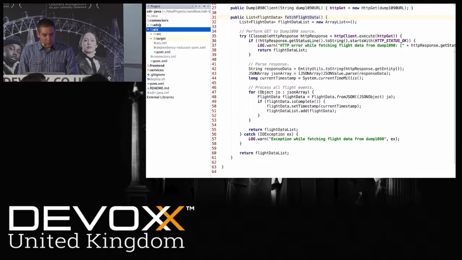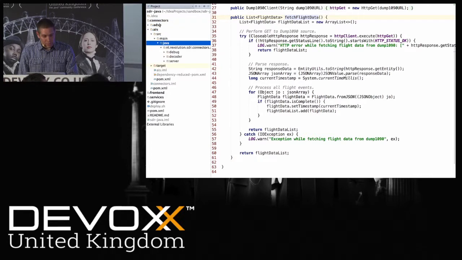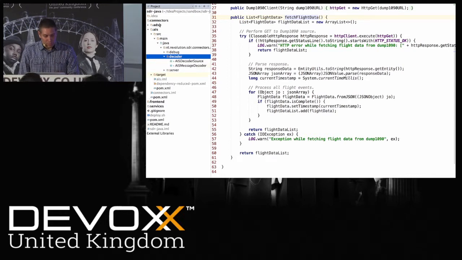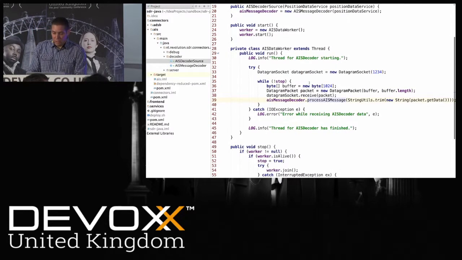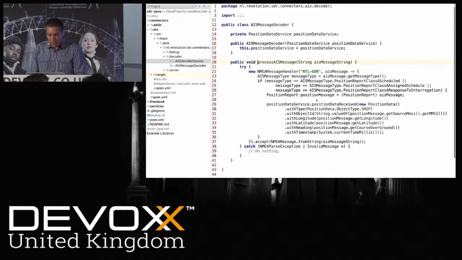For AIS, it's the other way around. Since we're receiving data now, we're not connecting to a socket. So there's a source here, which opens a UDP socket, and it continuously receives UDP packets here and then feeds it to an AIS decoder. And here you see the AIS messages library in play.